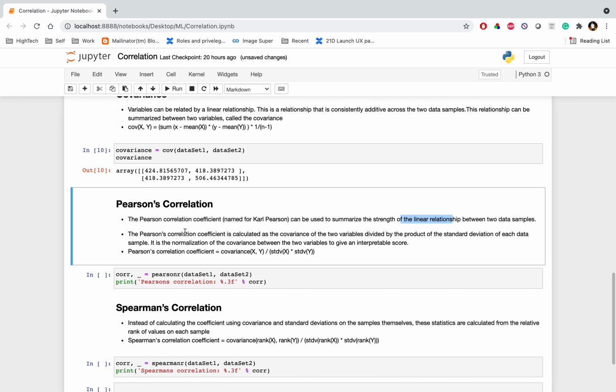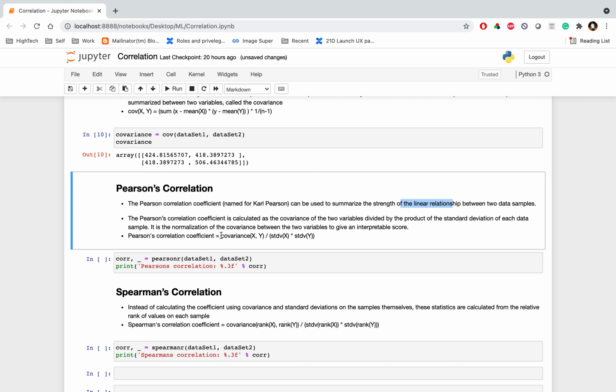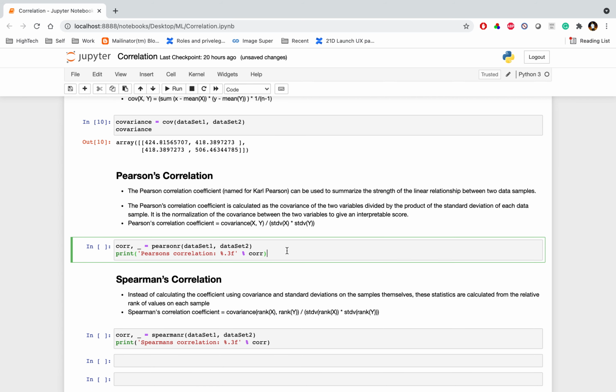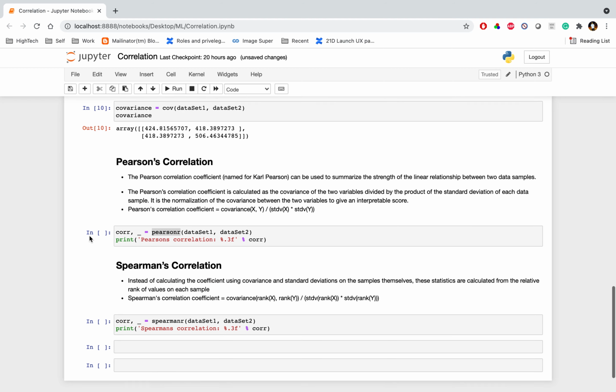We'll see what that is. The Pearson correlation coefficient is the covariance of x and y divided by the standard deviation of x times the standard deviation of y. To check practically how Pearson correlation works, we need to call pearsonr, which I have already imported from SciPy stats.